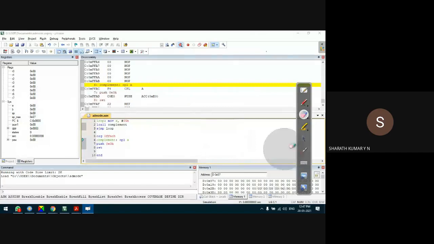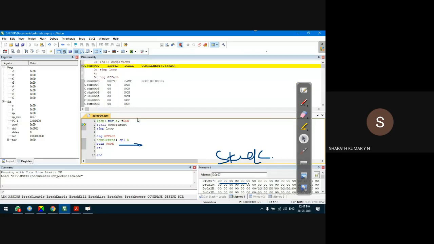Now what we have to observe is the stack memory. This is the stack memory. So how does the stack memory work? Whenever there is an additional push instruction, along with the program counter content, how does it work? When LCALL is executed, the compiler jumps to the target address, that is complement.